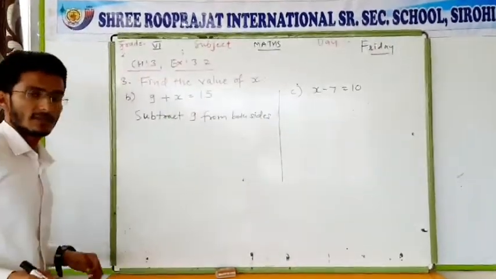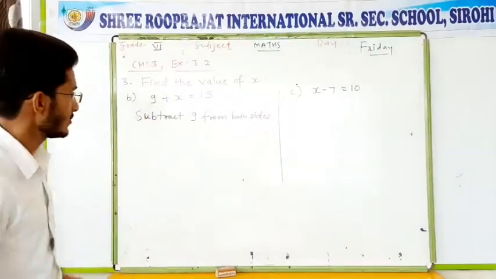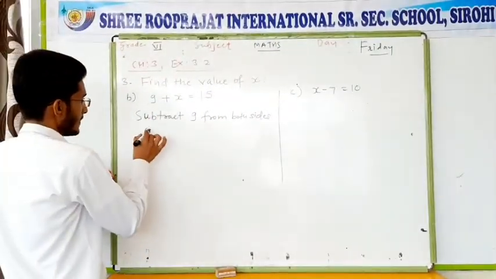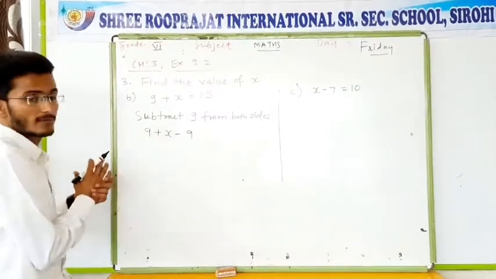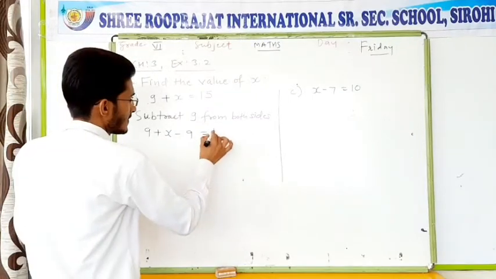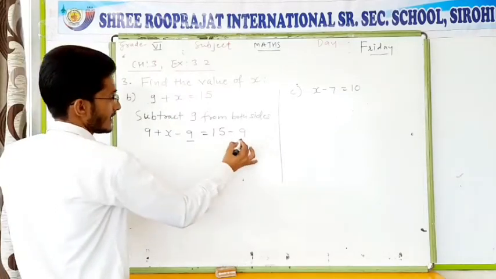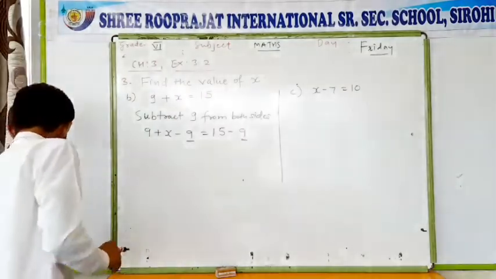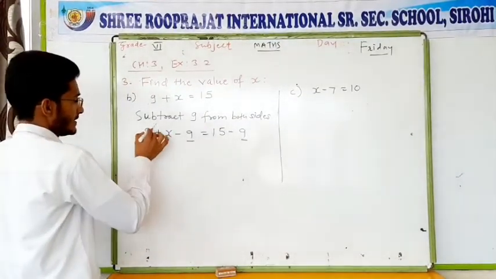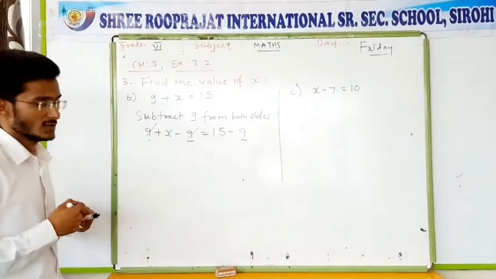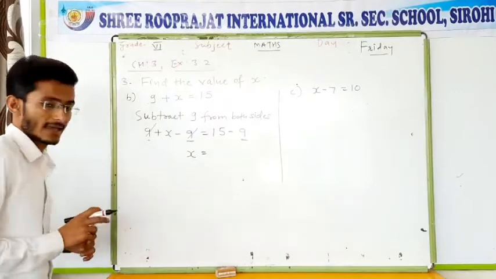If you are adding something or subtracting something, you have to do it on both sides, left hand side and right hand side both, not only one. So 9 plus x, minus 9. You subtract 9 from the left hand side, same as it is. You have to subtract 9 from the right hand side. You subtract 9 from both sides. So now on the left hand side, there is a plus 9 and here is a minus 9. That means it will be cut. 9 minus 9 equals 0. That means only one variable is remaining, that is x.